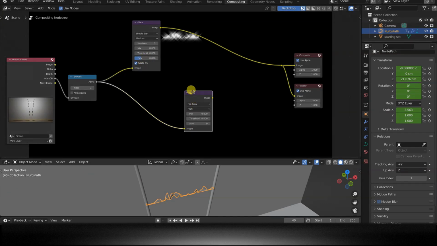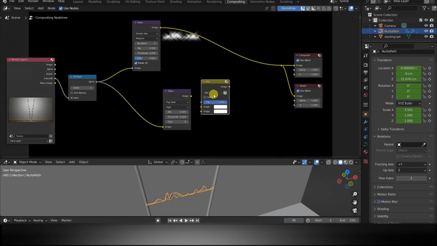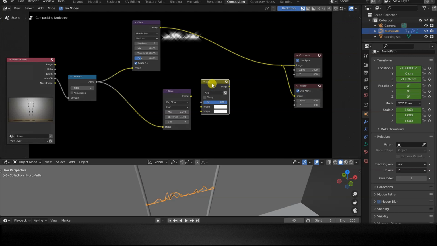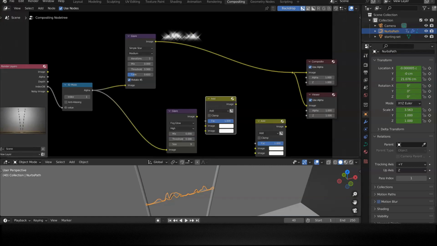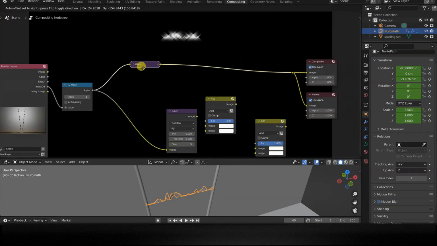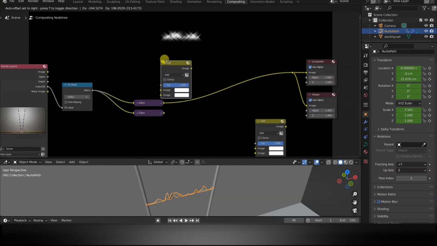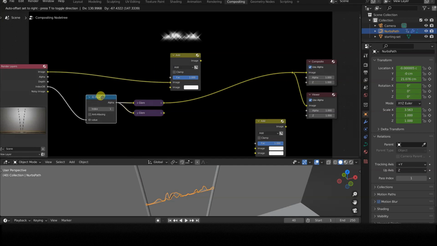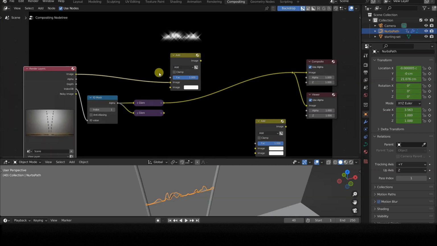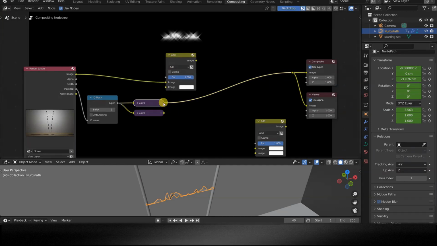To add these effects to the original image, we need 2 color mix nodes in Add mode, so let's add one, immediately change its mode, and obtain the second by duplicating the first with the Shift-D key combination. Be careful of the order in which the effects are added. The image coming from Render Layers image must be connected to the first image input of the first Add node. To the second input of this add node, we can connect either fog glow or simple star, as we like.